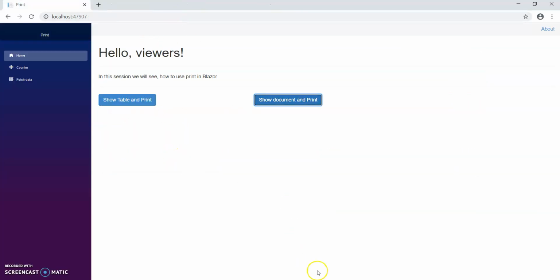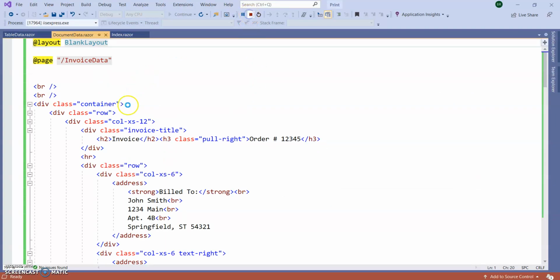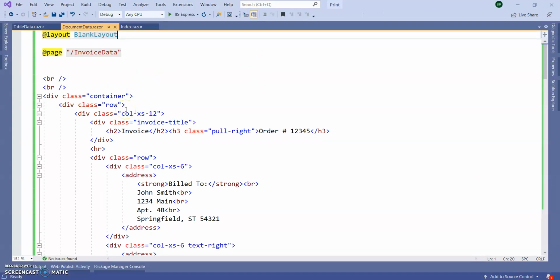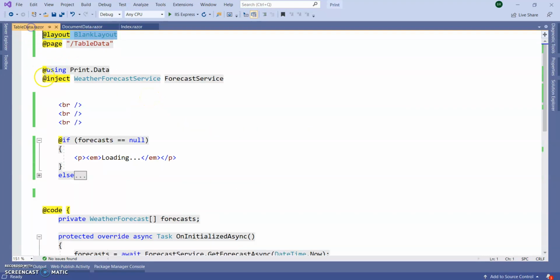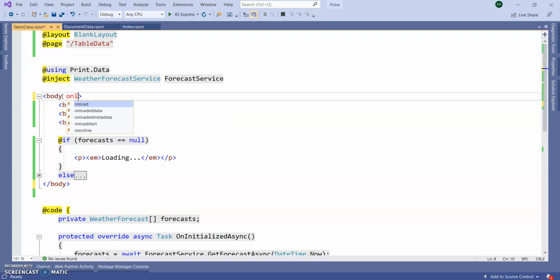For printing functionality, I'm going to use our basic HTML window.print function. So for that, I'm going to override the body of the main layout, onload, window.print.